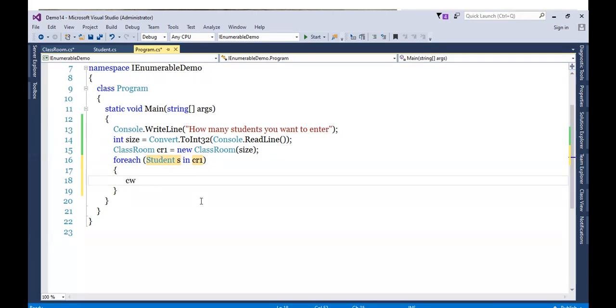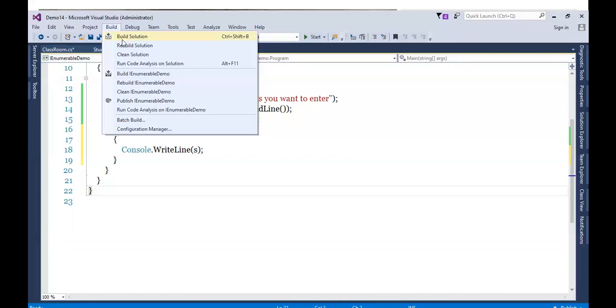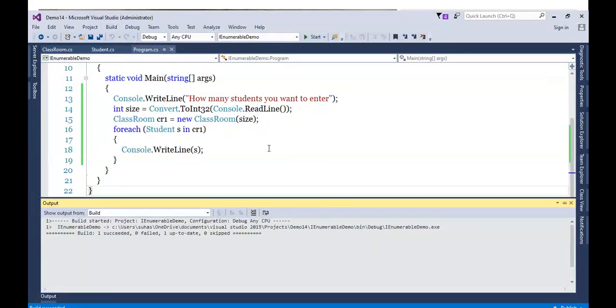And Console.WriteLine will write X, because we know ToString is overridden. Now if I build this, see, it succeeded.